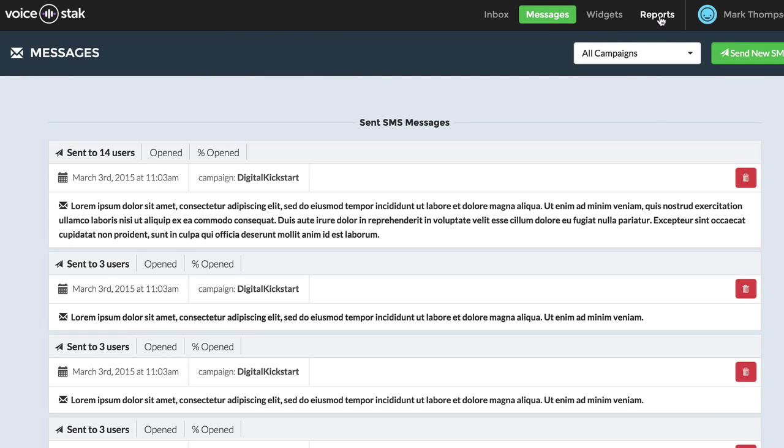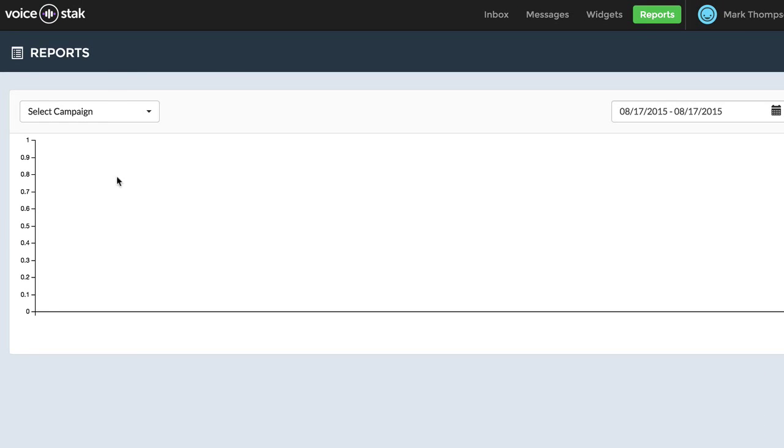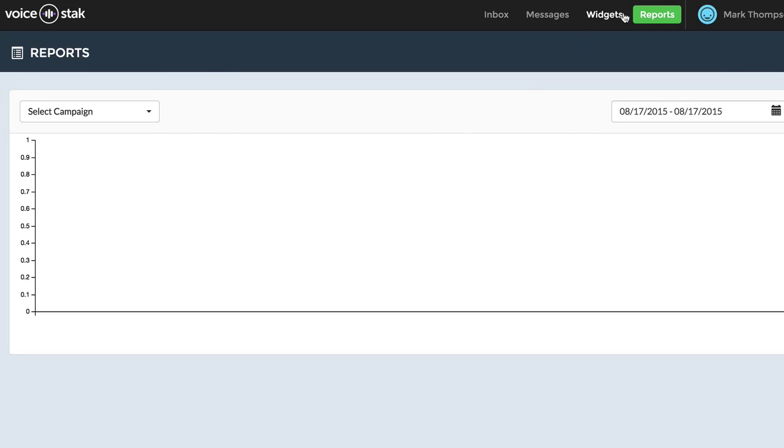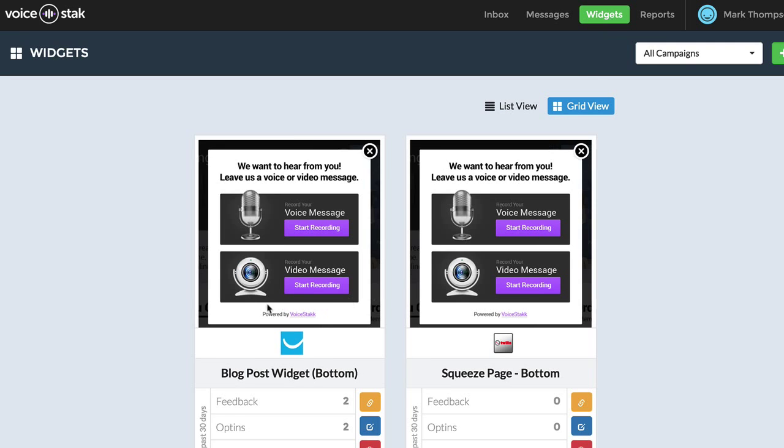Another thing you can do is click on reports, and as people start to opt in and send you messages, you'll be able to gauge your interaction and engagement right from this screen. You can choose your date range and select a specific campaign, and you'll be able to see your reporting. As you can see, guys, it's very simple to set up. Here are just a few widgets that I created quickly. You can see the number of clicks, unique clicks, the number of opt-ins, and the number of people that have actually given feedback. So this is obviously great for collecting testimonials,